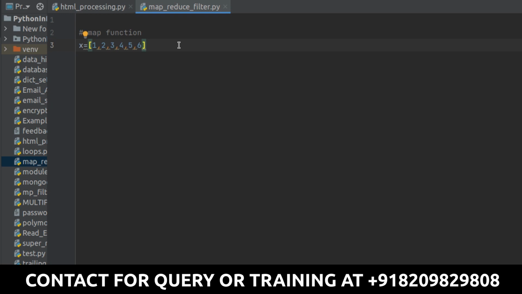Now after listening to this question, from whatever we have studied before, you must be thinking, okay, definitely we have to use a loop over here. With that loop we will first go to each element that exists over here, apply the square to that particular number, and then append that number to a new list. This is how you would do it, and finally you will get the output as the list of squares of all the numbers you have right now.